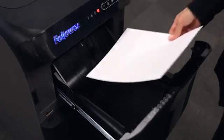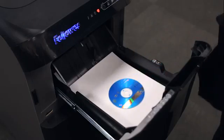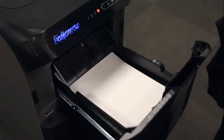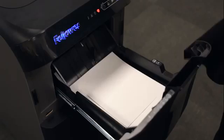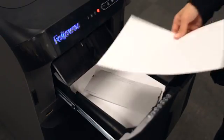For shredding mixed media, pull apart more than 20 sheets of paper stapled or paper clipped together. Interlace CDs, DVDs, credit cards, junk mail, or any other material smaller than 8.5-inch by 11-inch between standard sheets of